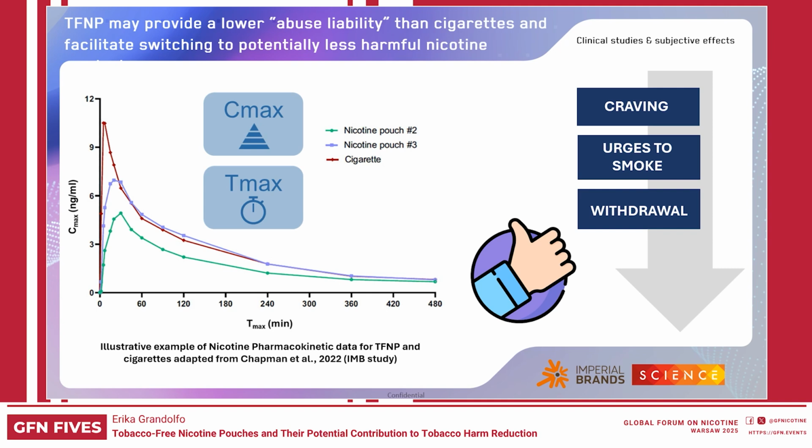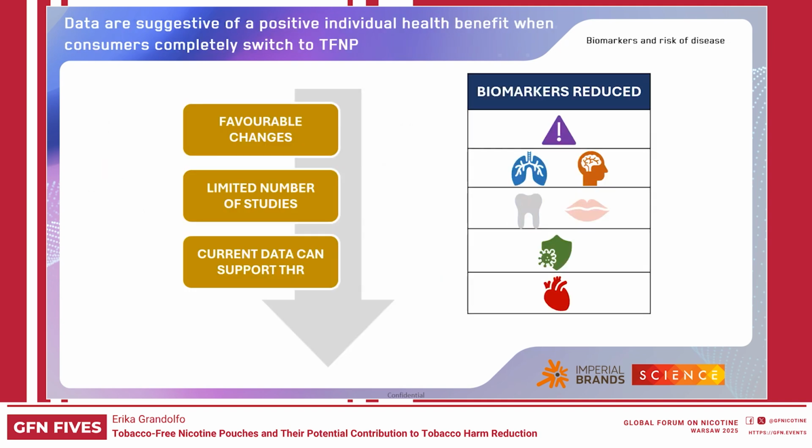lesser degree and slower than cigarette smoking, depending on the product's physicochemical characteristics, leading to a reduced abuse liability compared to cigarettes. Additionally, they can reduce cravings, urge to smoke, withdrawal symptoms, and have other positive subjective effects, such as satisfaction and relief among smokers. Biomarker studies suggest reduced exposure to harmful chemical toxicants compared to cigarette smoking, favorable change in